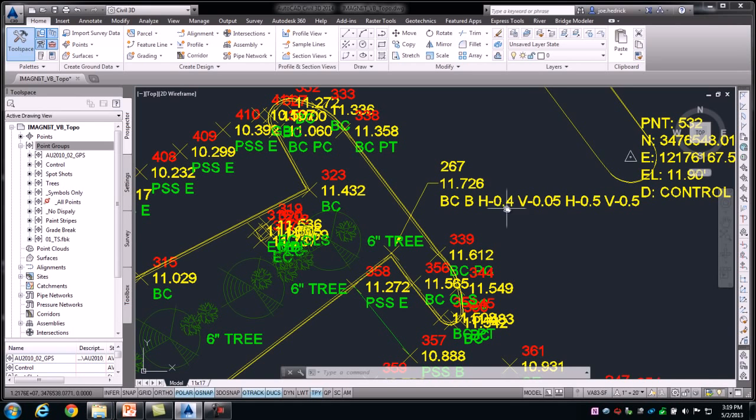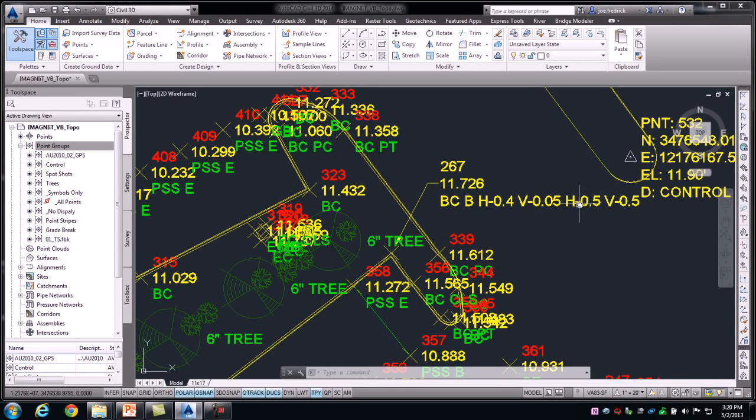And then we see a whole series of horizontal and vertical offsets. Now, these are absolute offsets based off of the point that I shot, right? They're negative because I'm actually offsetting to the left of the figure in the case of the horizontal, and it's negative in the case of vertical because I'm going down, right? So really what I'm doing is I'm offsetting from this point, 4/10 over and 5/100 down to draw the face of the curb. And then I'm offsetting one more time to draw the bottom of the curb or the flow line of